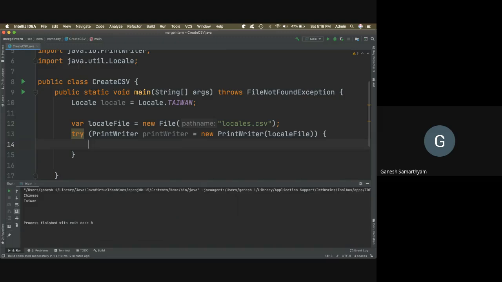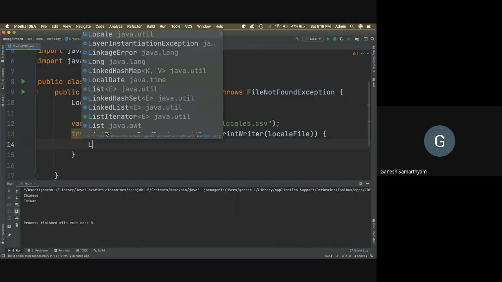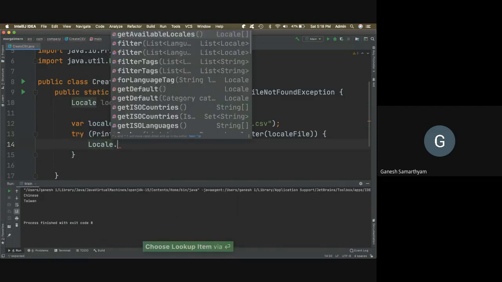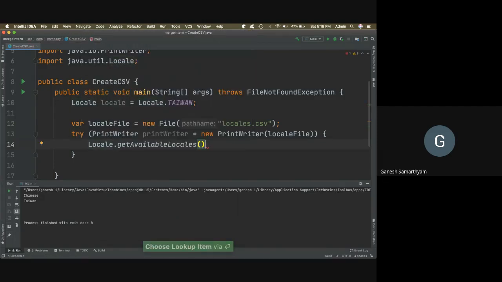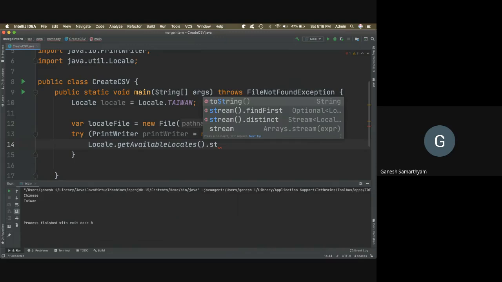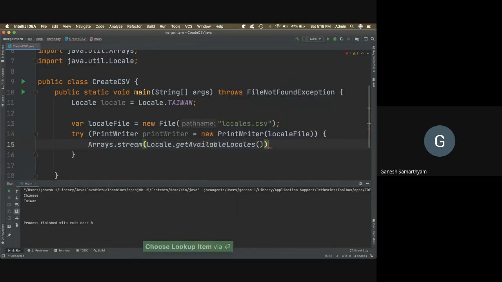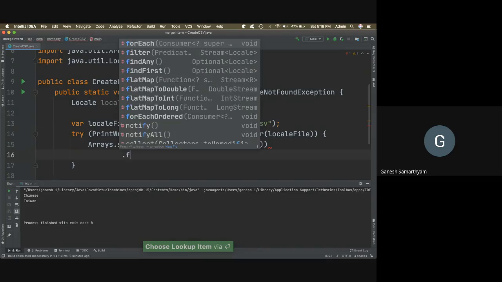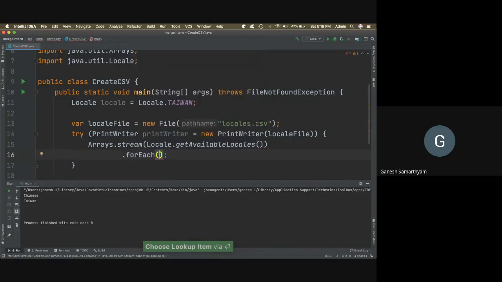So how do we get the locales? Locale dot get available locales, right? So what do I get? I get a list of available locales. I convert it to a stream, and then for each entry in the stream, for my given locale, what do I want to do?